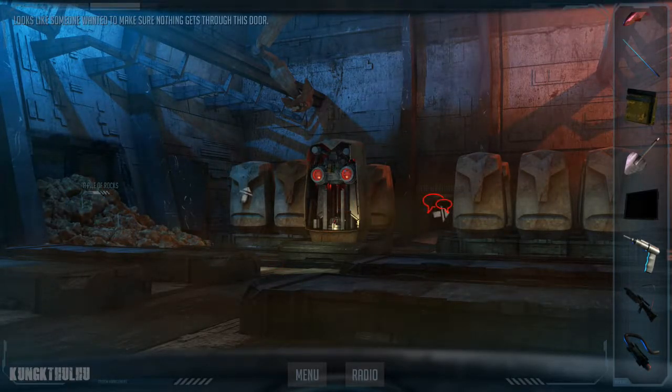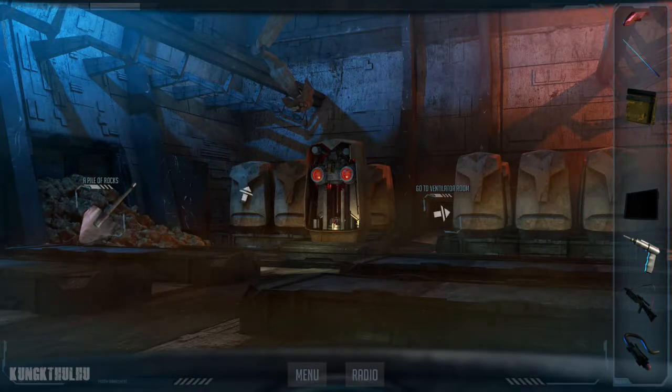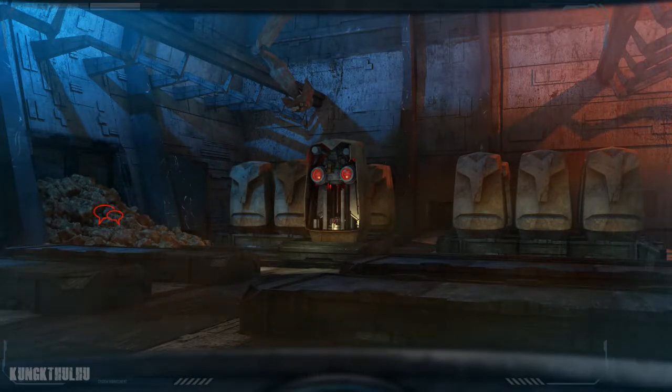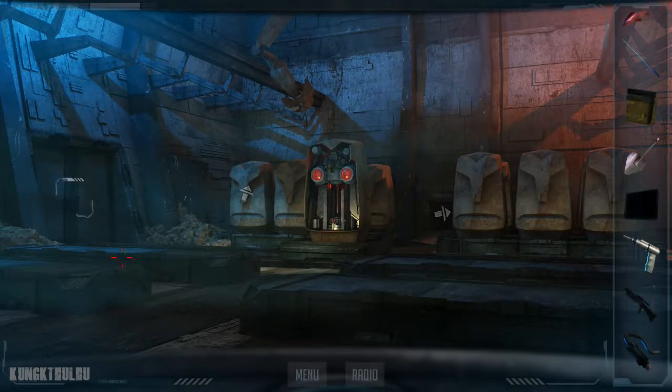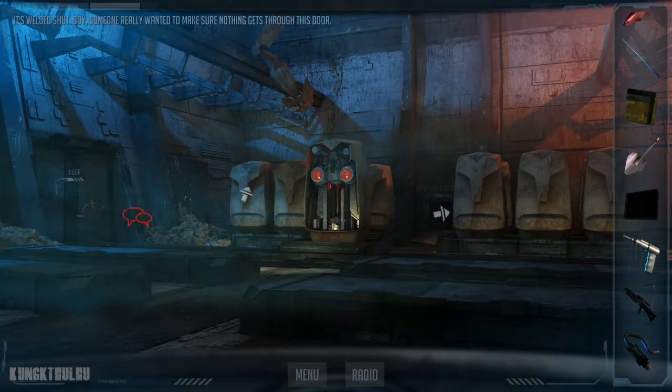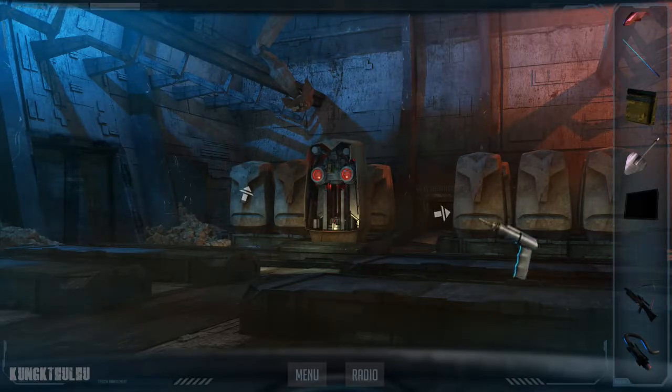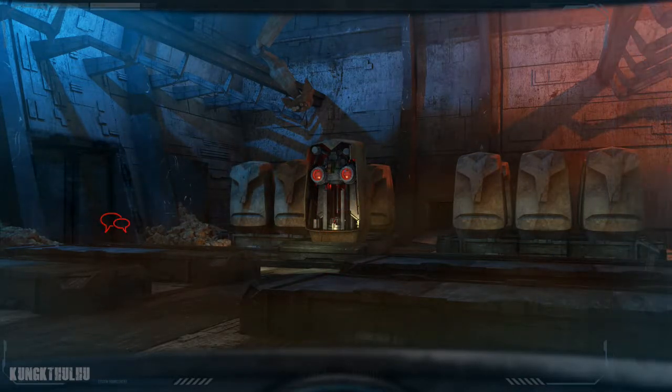Looks like someone wanted to make sure nothing gets through this door. It's welded shut. Boy, someone really wanted to make sure nothing gets through this door. I managed to separate the two wings of the door.